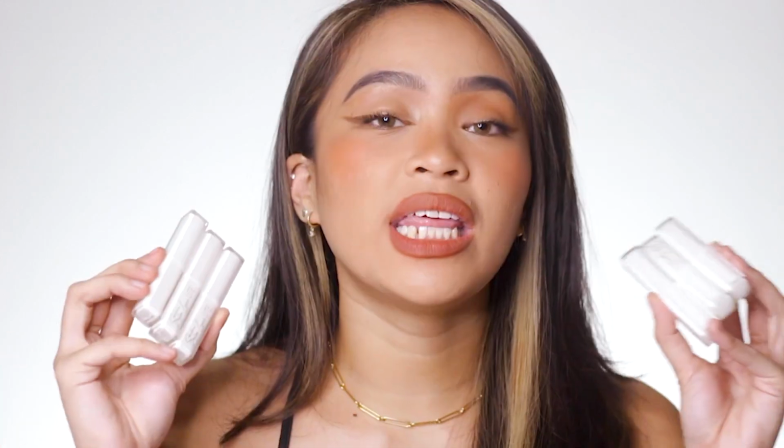Yung difference niya I noticed compared sa original one is yung finish. This is something that I can resonate with. I do love the finish so much. Mas na-tone down yung pagka-balmy ng visuals ng product na to. And then also, it looks more, parang healthy lang siya, nag-glow on the lips. It looks very natural. And then yung color payoff na binibigay ng Satin Luxe Lite is just a wash of